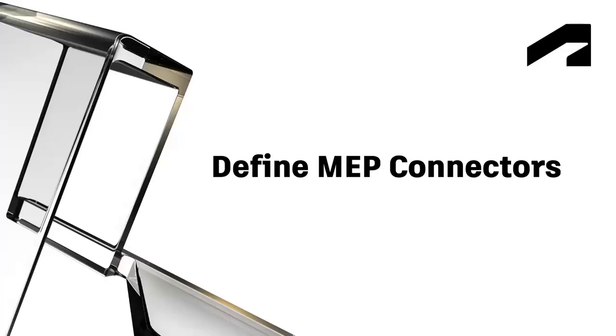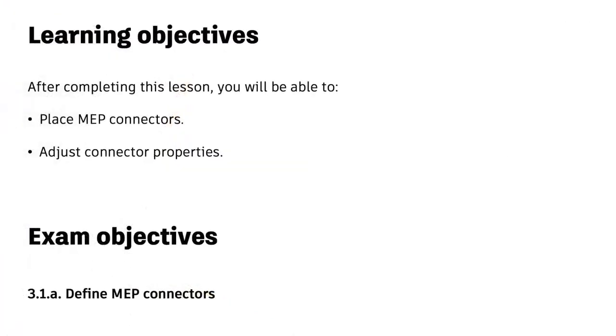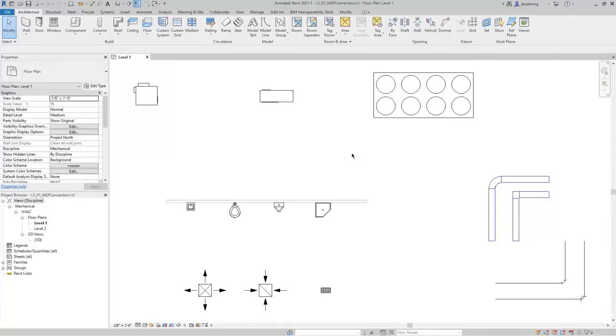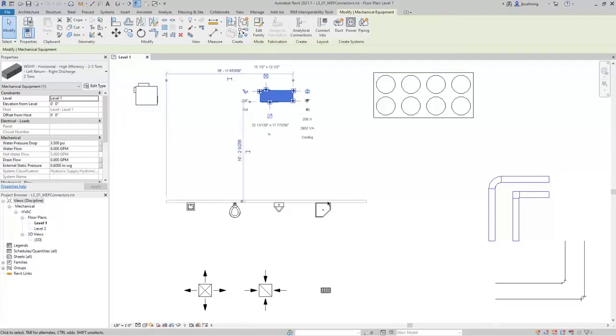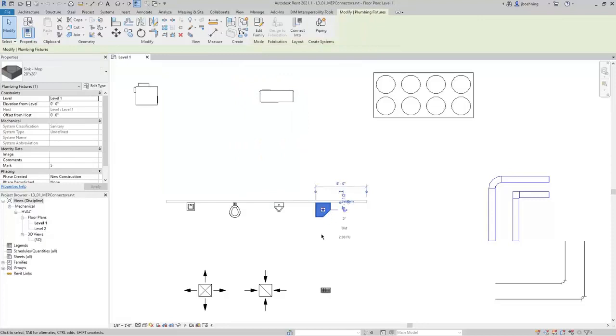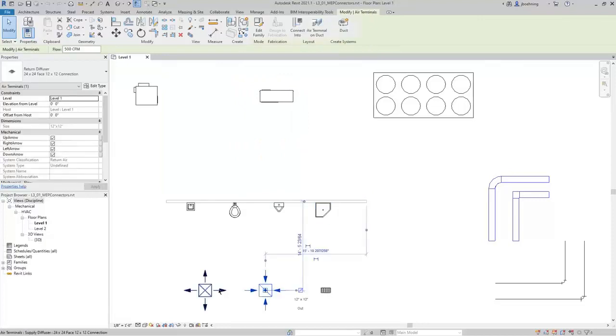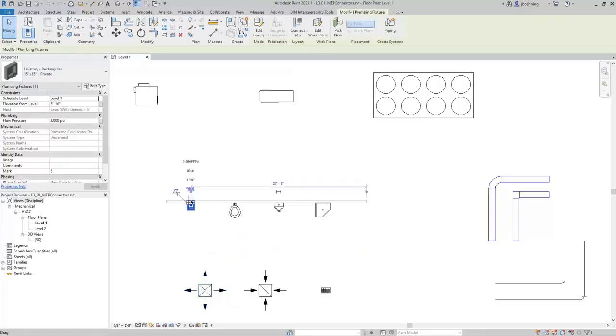In this video, we will cover placing MEP connectors and adjusting connector properties. In this project, several components have been placed. When you select a component, you can see various options on the contextual ribbon in the Create Systems panel. These options are indicative of the connectors that have been placed on the component and control the systems that they